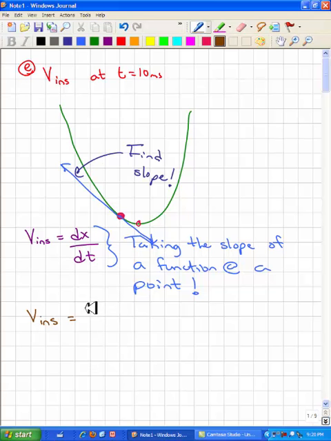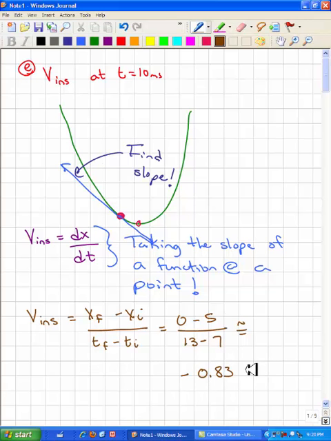So what I have is x final minus x initial over t final minus t initial. I chose the following points to calculate my slope. Therefore, I got roughly a negative 0.83 centimeters per millisecond, which translates into approximately negative